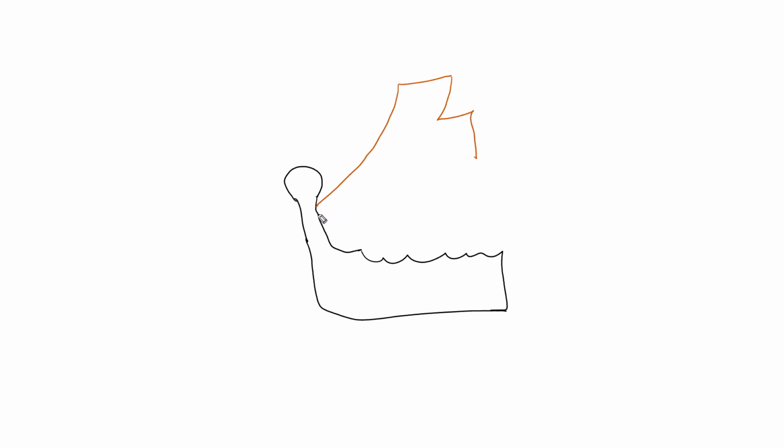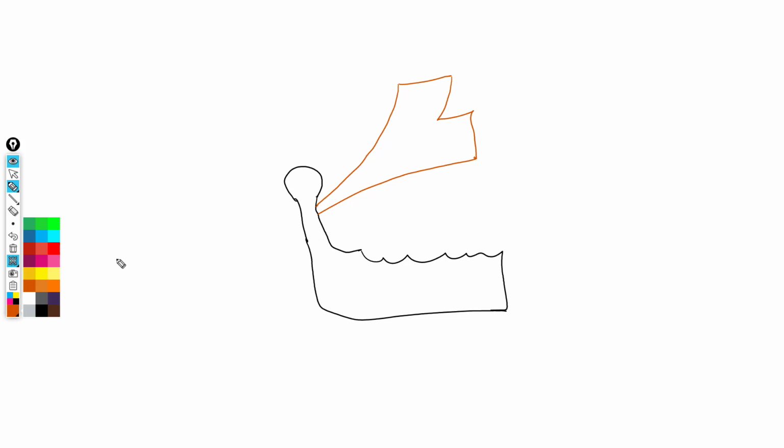Good. So lateral pterygoid muscle will be having two heads. So this is the upper head and this is the lower head. Okay, fine. So which is the artery of the infratemporal fossa? It is a maxillary artery. So what is the maxillary artery? Maxillary artery is a terminal branch of the external carotid artery.